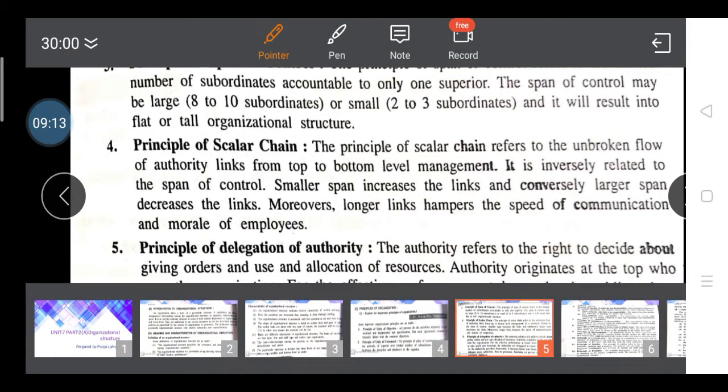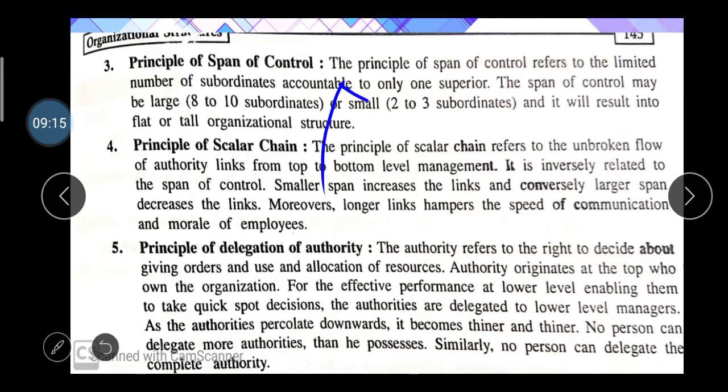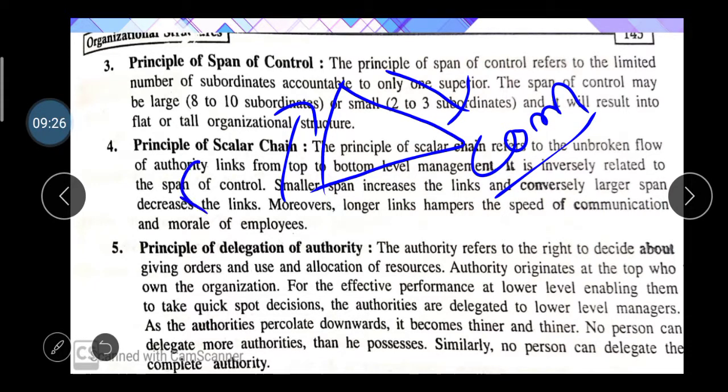Means what? Here I draw this so you can easily understand this. From the higher authority to lower authority, they have to give the command. Okay. And from the lower to higher, they have to give the report. So it's all about the flow of information always being created from top to down and down to up. Means top to bottom level and bottom to higher level. So it's always a continuous process, so it's called the scalar chain.